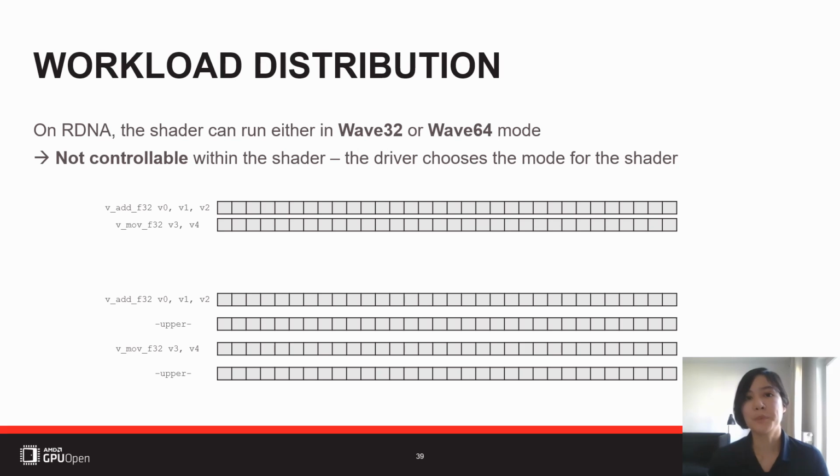The two different execution modes, wavefront 32 and wavefront 64, are shown in the slide again. In wavefront size 32, it's natively supported, so each instruction is issued a single time, because SIMD32 is natively supported. On wavefront size 64, each instruction is issued twice, via dual issue of wave 32. So on wavefront 64 we have the lower and the upper part, and on wavefront 32 we just have this single instruction issue.